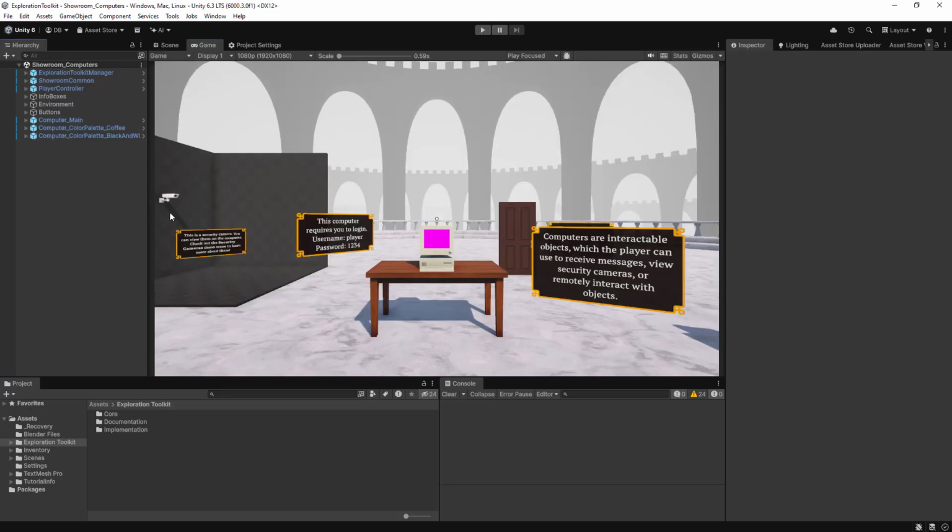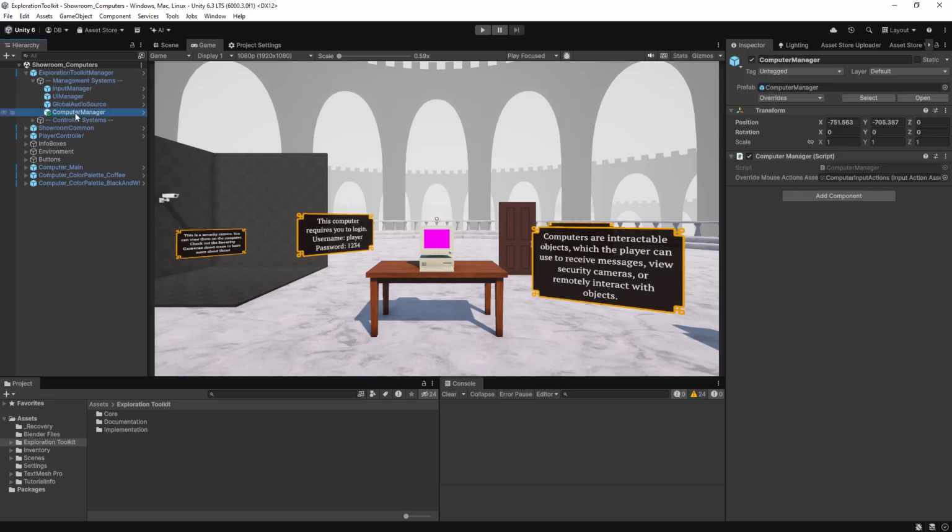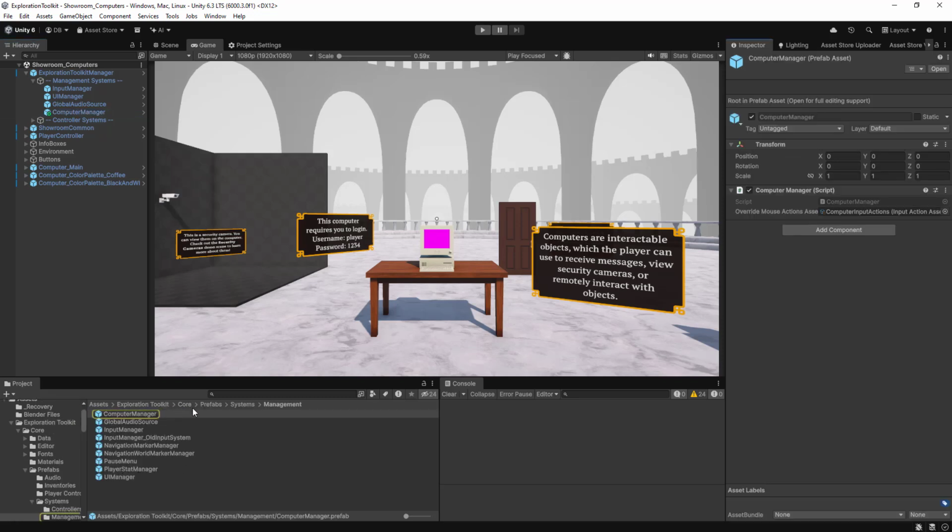So first thing you want to do is inside of your scene, go to your Exploration Toolkit Manager and add in the Computer Manager prefab. This is located in the Core Prefabs Systems Management folder, and the Computer Manager essentially just keeps a register of all the computers in your scene, as you can have multiple of them, and also manages the input events